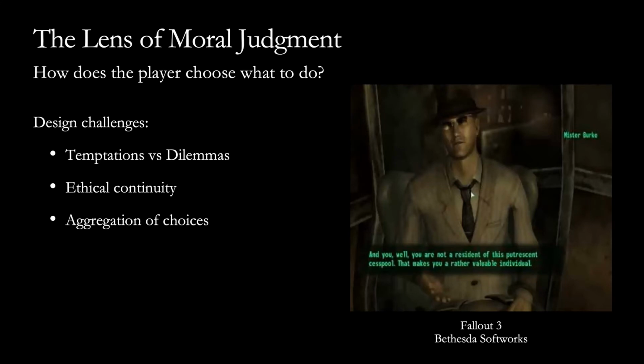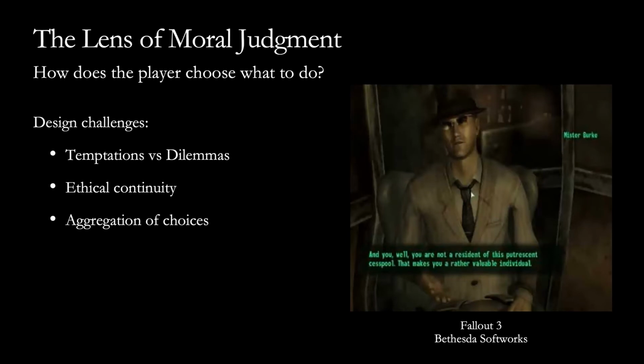It's a matter of choosing right and also right, or maybe wrong and also wrong. And so a good example of a dilemma is again in Fallout 3, where you go to a town called Oasis and you find a tree there, basically a sentient tree that's sustaining this town with its magical tree powers. And basically what happens is that the tree is sick of being alive and it asks you to more or less euthanize it. But if you do euthanize the tree and grant its wish to die, then what happens is that basically the town, Oasis, dies as a result because the tree won't be there to sustain it.